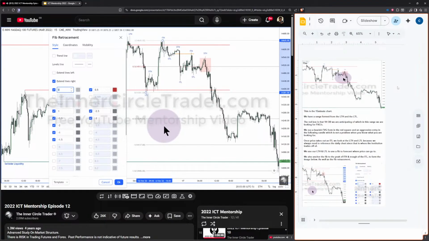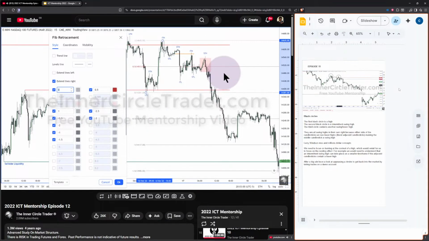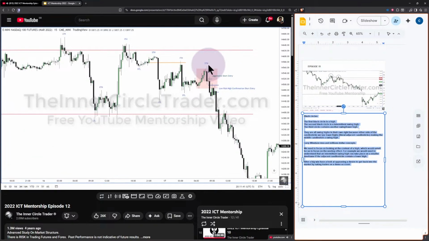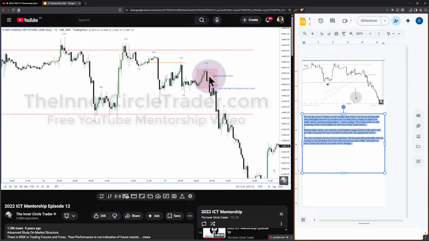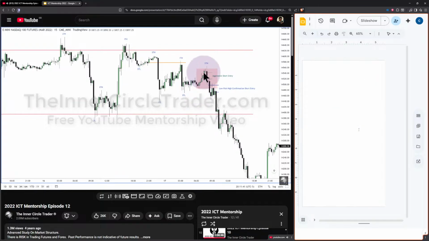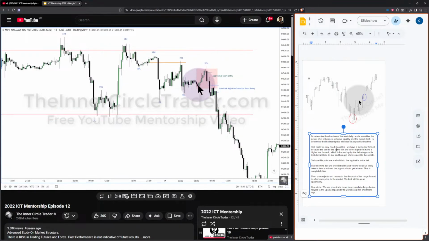So if we're looking at this little shaded area here, I want to zoom in now and get down to the heart of this teaching. This is the same 15-minute time frame. I'm just zooming in a little bit more. This is an aggressive entry for going short. Now, that hourly chart was showing those two candles going up. In the 15-minute time frame, it's obviously more candles.